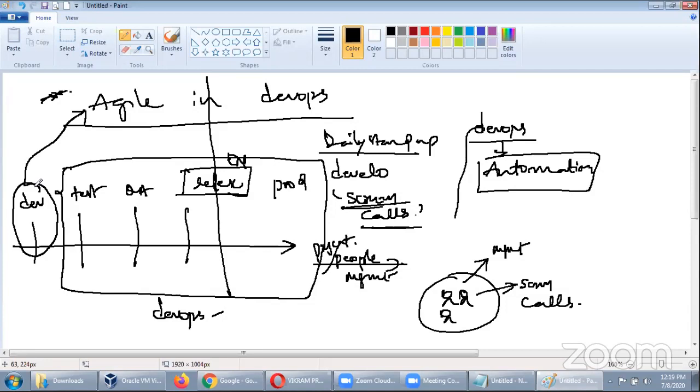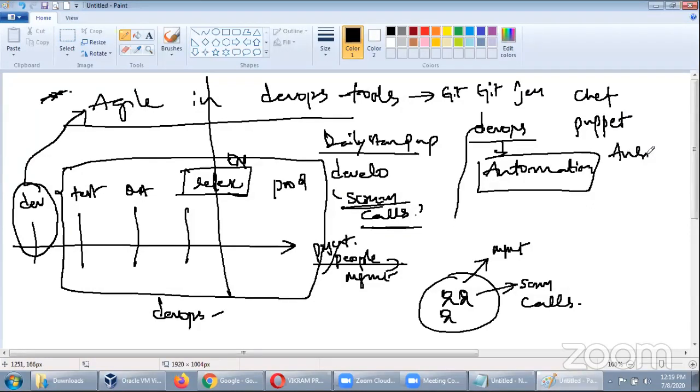In DevOps, we have a lot of tools, guys. We'll see them in another session. These tools include Git, GitHub, Jenkins, then Chef, Puppet, Ansible, Docker, Kubernetes, and we have Nagios, SaltStack.